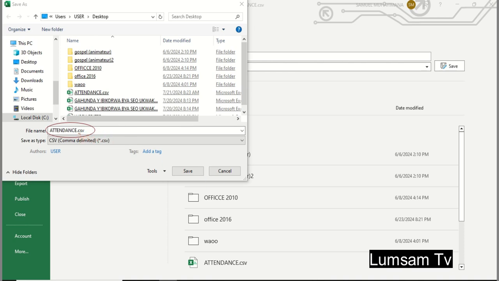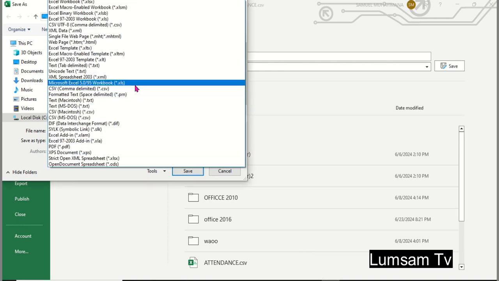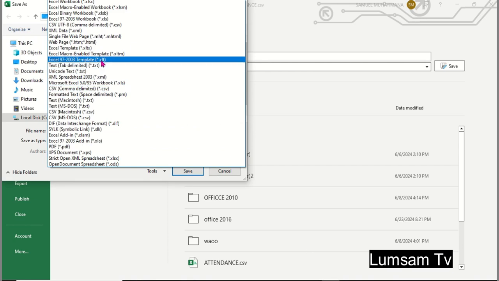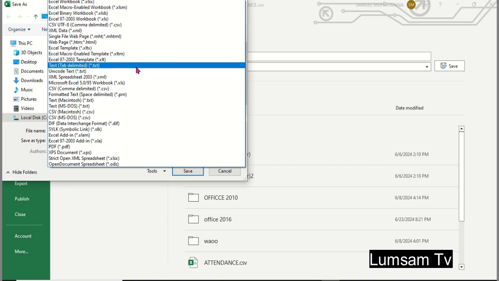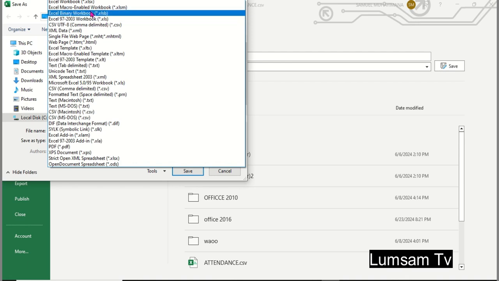Where do you get it from? You go here in the format. Don't select the Excel format as XLT. No, not XLS as the format of Excel, not XLSX.